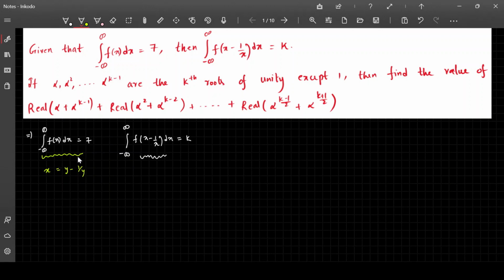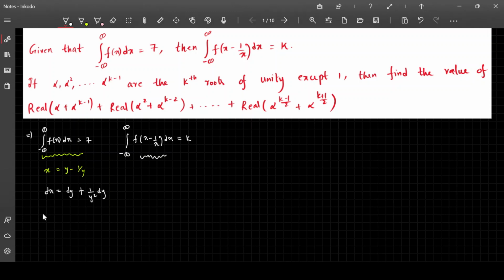Ultimately, the final logic to be applied after failure of all other logics is putting x is equal to y minus 1 by y. You cannot put x is equal to x minus 1 by x, isn't it? It's not meaningful, right? That's the reason you must keep x equal to y minus 1 by y first, then try to get the final result in this form, and then use the change of variable so that you can change the y into x at the final result. So this is how you need to proceed. If I consider x is equal to y minus 1 by y, then dx would be 1 plus 1 by y squared dy, and there is a small mistake.